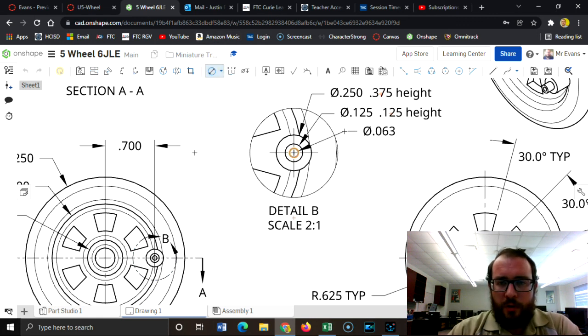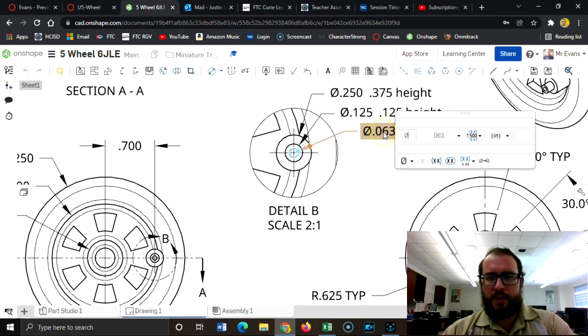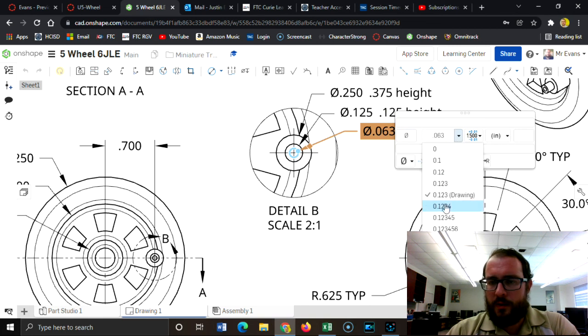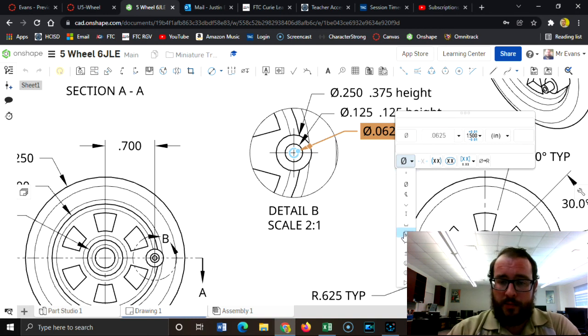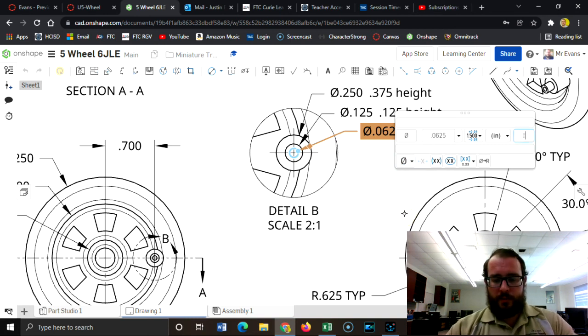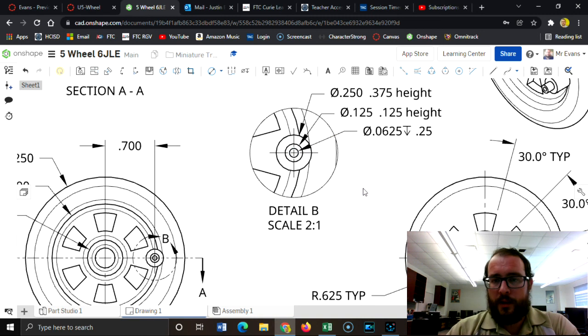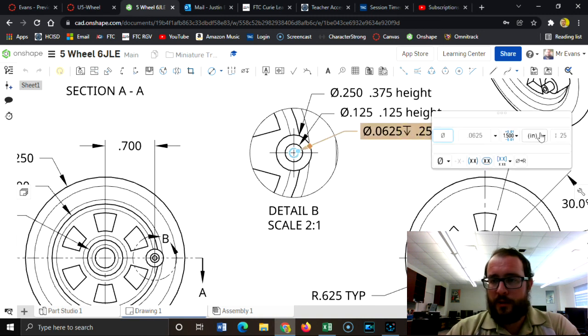You could do a hole callout on this one, but I'm not seeing the feature to change the how much. I'll show you that in a minute. And what I want to put on this is depth. I want to add the symbol for depth. Where is it? Ah, there it is. Depth of 0.25. See how that looks. Oh, we need a space in there,